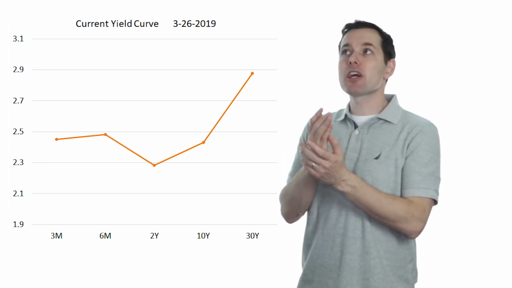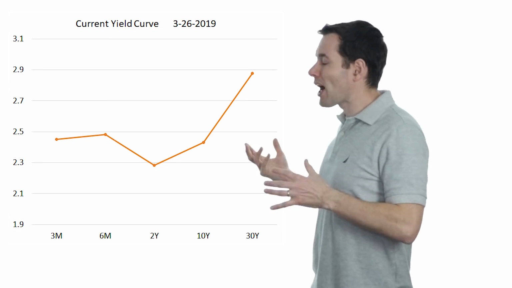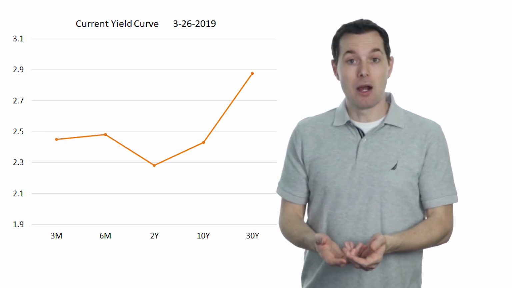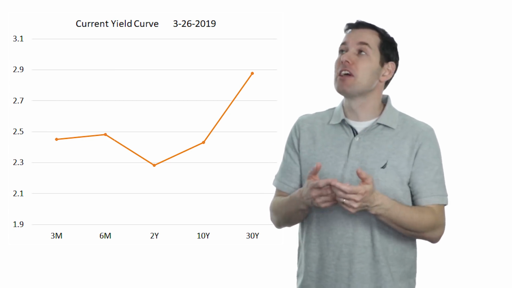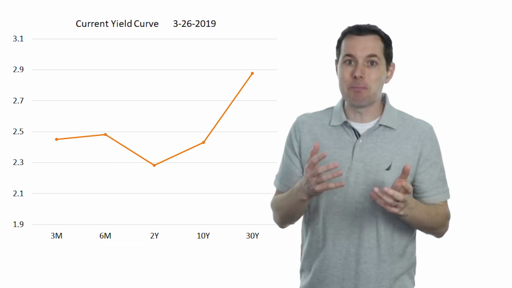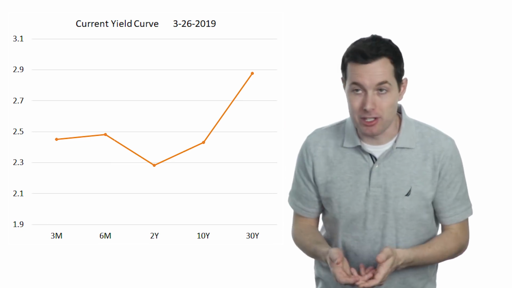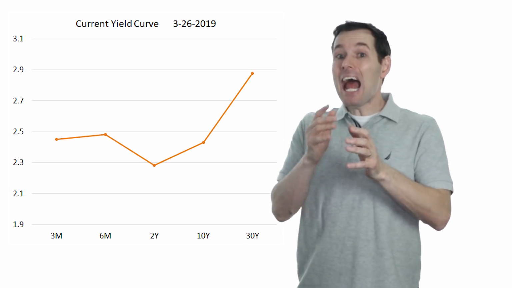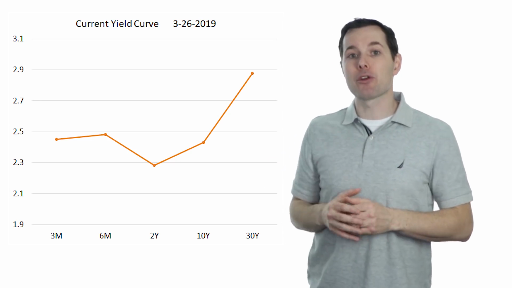We saw in previous recessions that there's no right or wrong way for a yield curve to become an inverted yield curve. We also need to remember that just because there is an inverted yield curve doesn't mean this will always lead to a recession. So we have to weigh as many factors as we can. But all recessions have been preceded by an inverted yield curve.